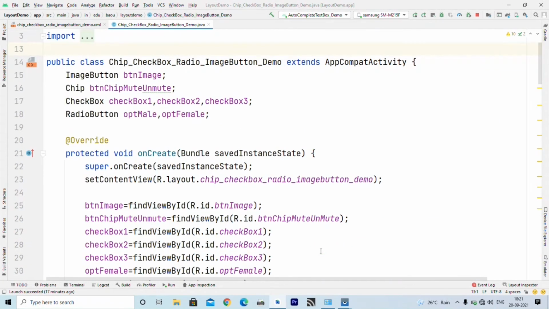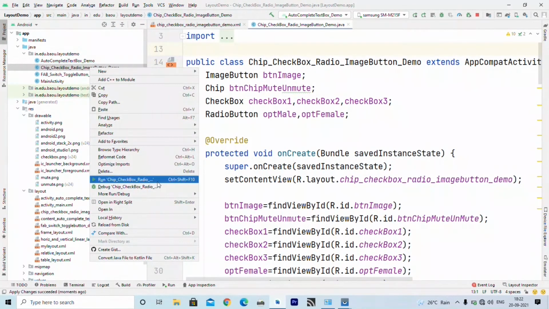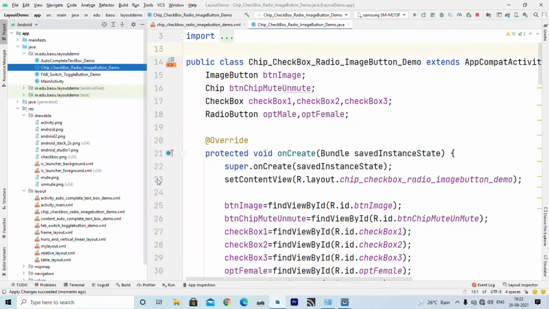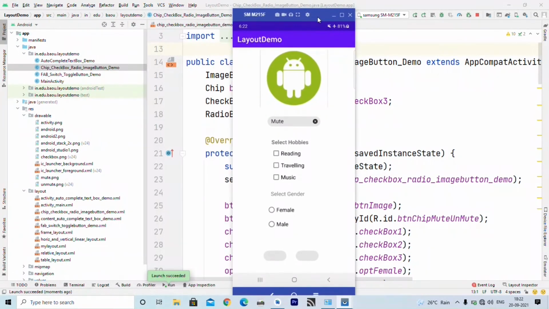Now I want to test this app. So I am running this app on my mobile. I am clicking on this activity and clicking the run button. Now you can see this functionality on my phone. Now I am clicking on this image button.